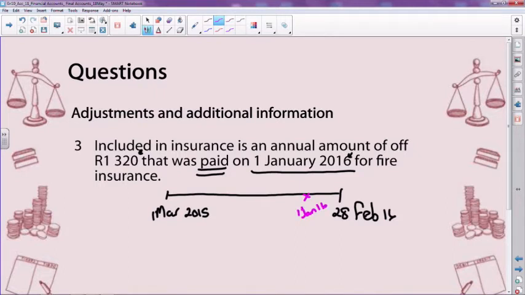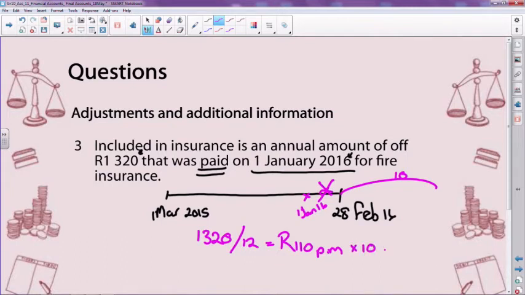So now let's quickly see how many months of this annual 12 months insurance premium falls within this year. I have January, February. So therefore 2 months. Do I care about this 2? Not. I care about the 10 months that falls outside of my financial year. So what should I do? I should take the 1,320 and I need to divide it by 12, and then you will see you will get 110 Rand per month. Now, 110 Rand per month is good, but how many months then does not fall within this financial year? So therefore you need to go and take the 110 times 10 months, and then you will see you will get an answer of